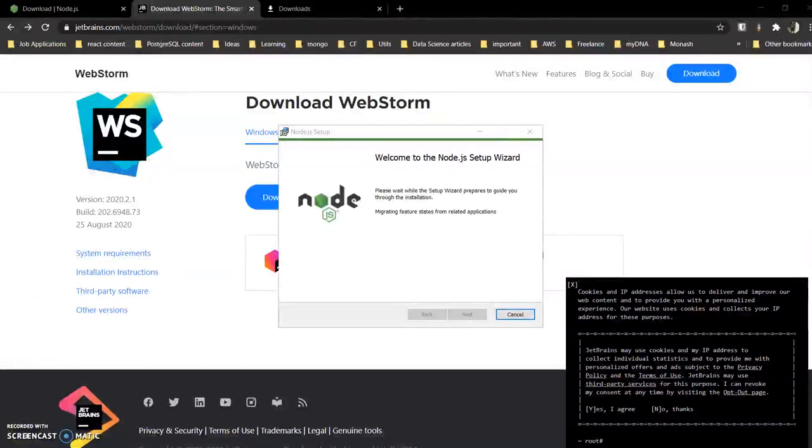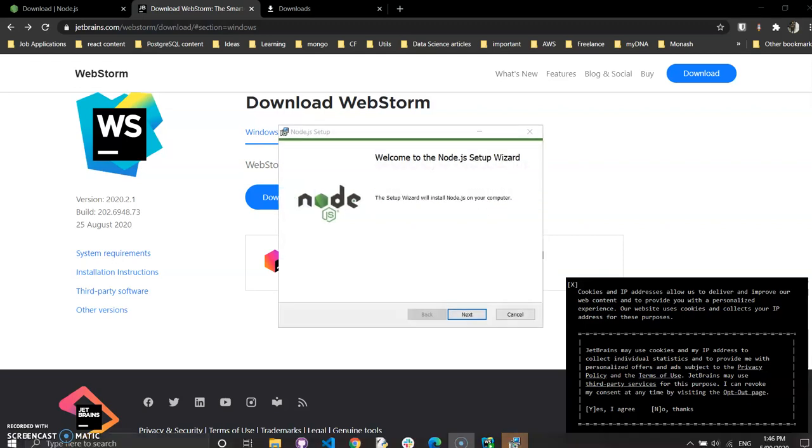What we're going to do now is develop an Angular application, or single page application. For that we need two things. First we need Node and NPM. Node is the runtime for JavaScript, and Angular is a JavaScript based framework. Then we need WebStorm, which is one of the IDEs that we are going to use for our tutorial.